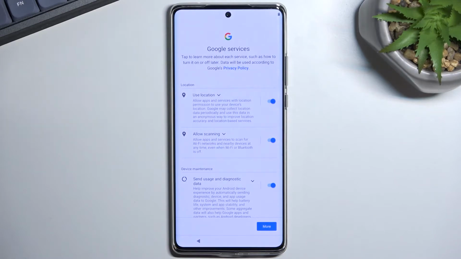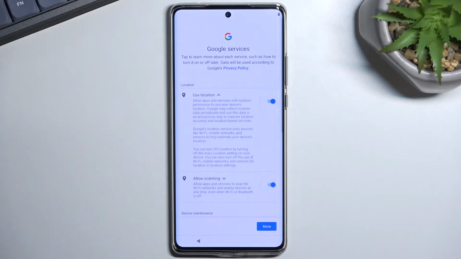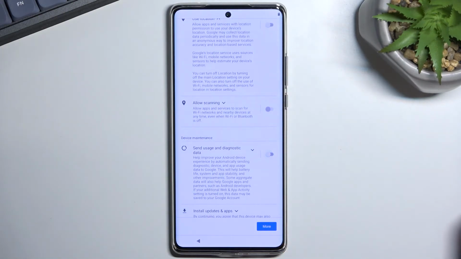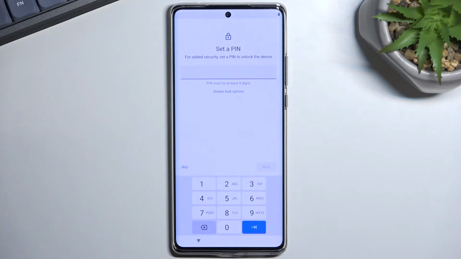Moving on to the next page, we have Google services. So we have three different services like location, scanning, and sending user and diagnostic data. You can read exactly what these do by tapping on this tiny little arrow to extend the explanation, and if you don't like it, you can turn it off. From there, scroll all the way down, select accept, and this will then take you to setting up a screen